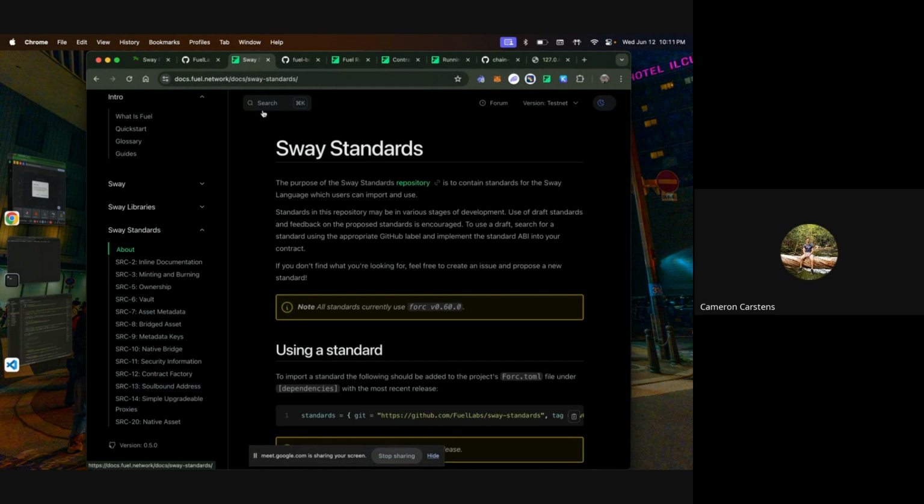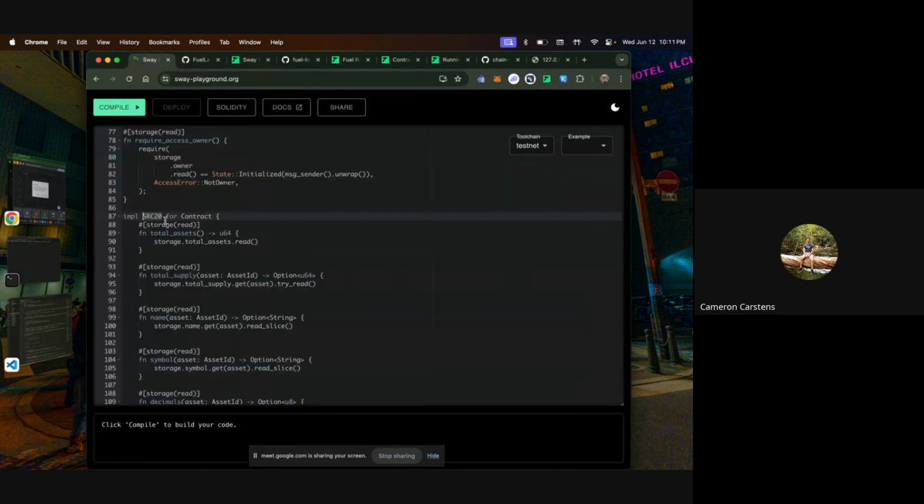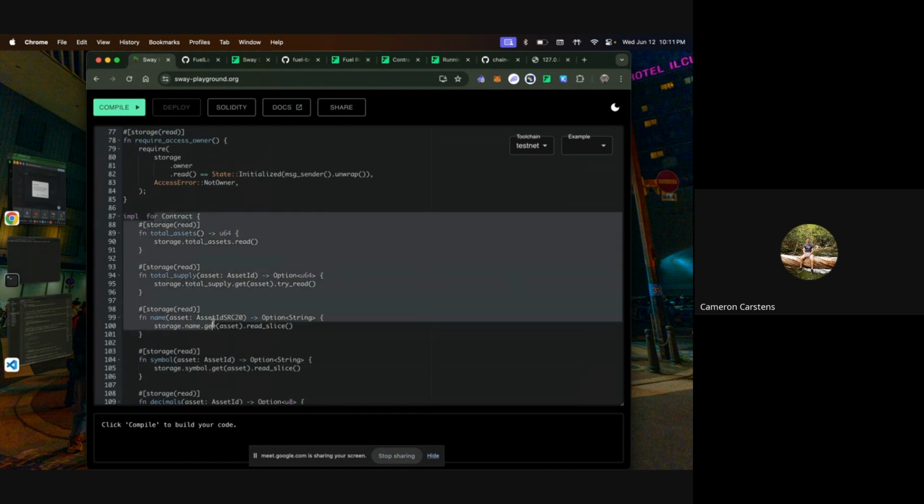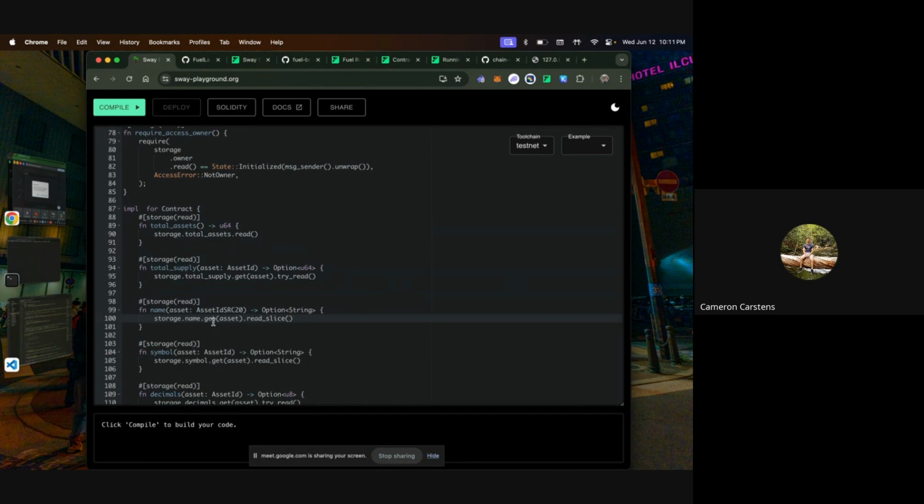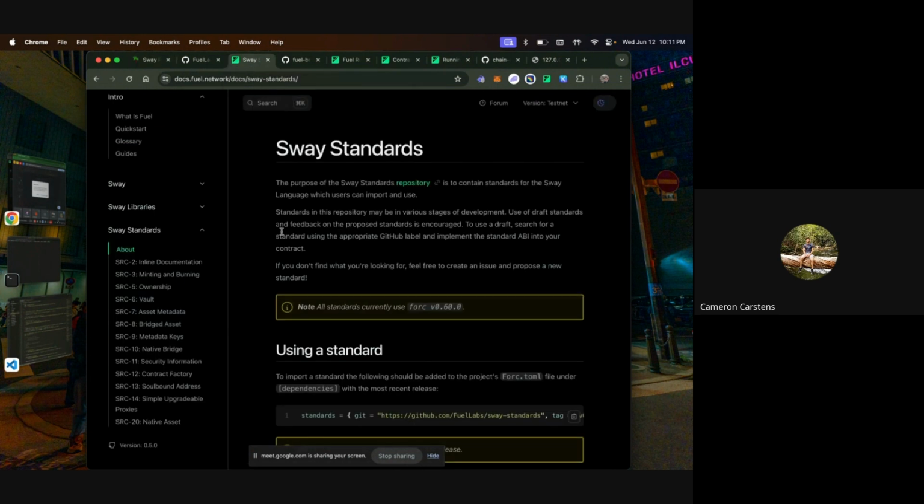And something to note for the security side is the native assets, as well as implementing certain standards. As I mentioned, we have a Sway standards documentation here.